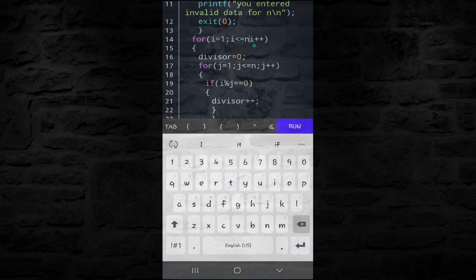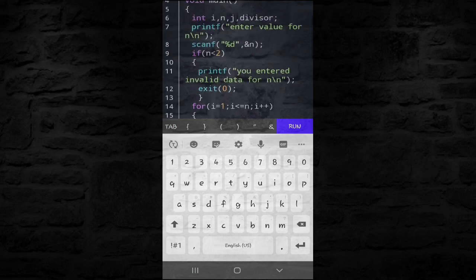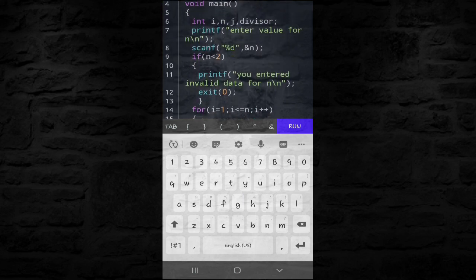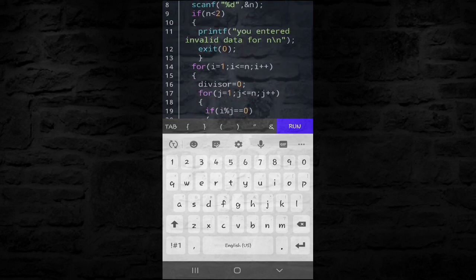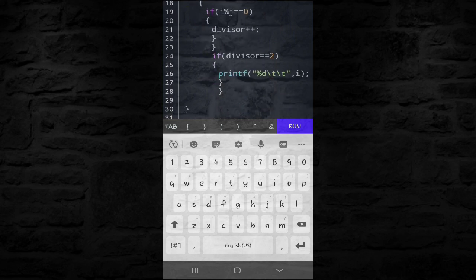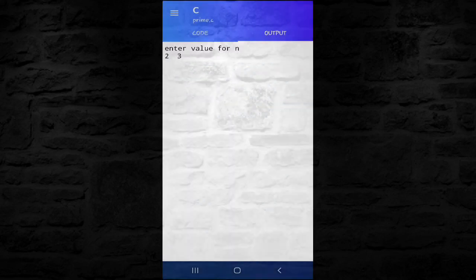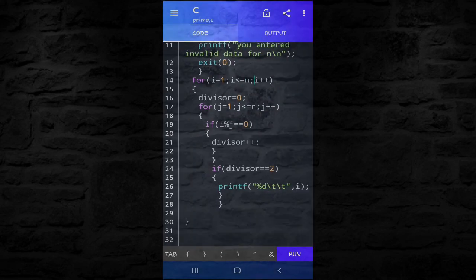Sorry, it should have been a semicolon. Now it should run. Yeah, 2 and 3.